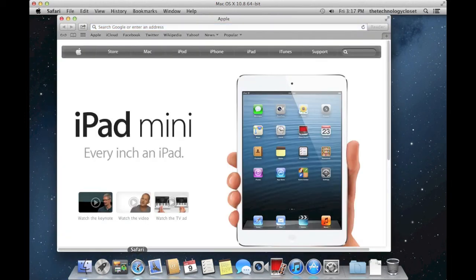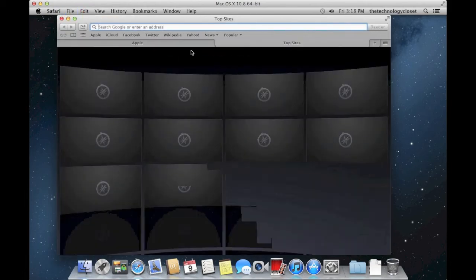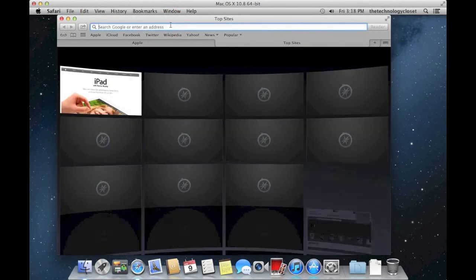And if you're using this, and you have iOS devices or another Mac, it will by default sync all of your bookmarks with those other devices, as well as any open windows or open tabs you have. So if you have multiple tabs open for different websites, I'll just demonstrate here, new tab, and let's go to